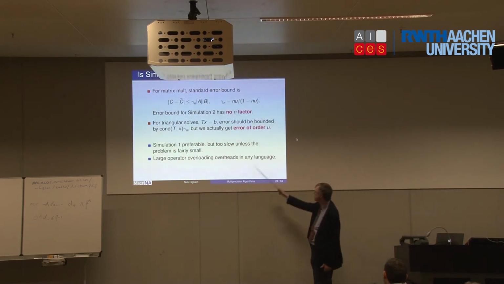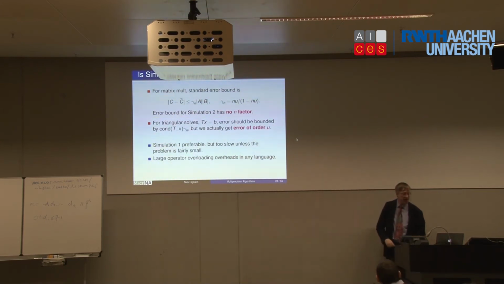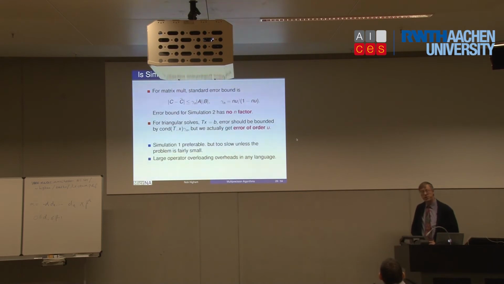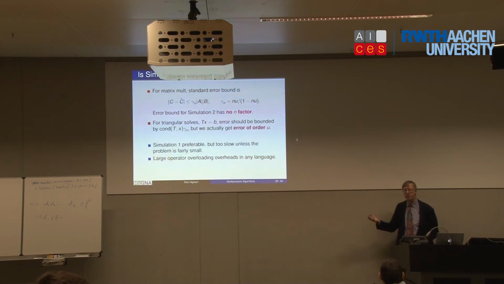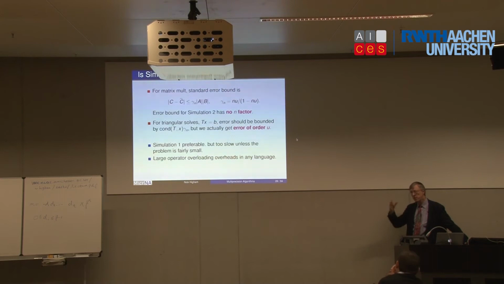Everything is horribly slow. If I solve 100 by 100 in this way in FP16, it's going to take many, many seconds. One of my postdocs has looked around at Python, Julia, and other languages, and he tells me that they all really have the same problem: the overhead of overloading every single operation, converting to single or double, then rounding back, really just slows things down hugely. So simulation in software is extremely slow.